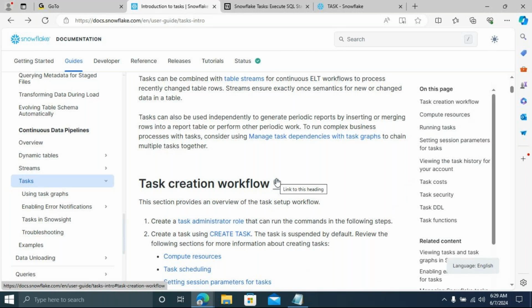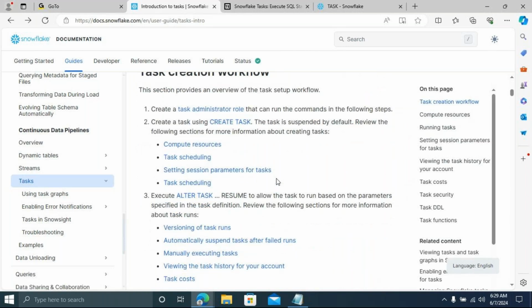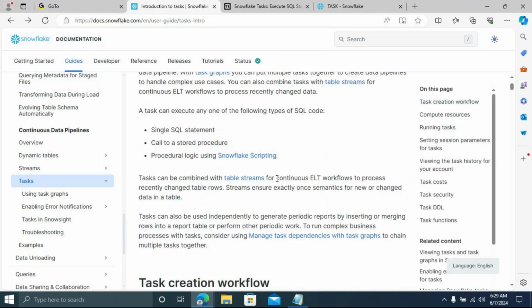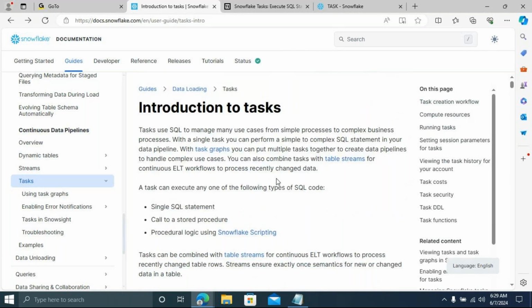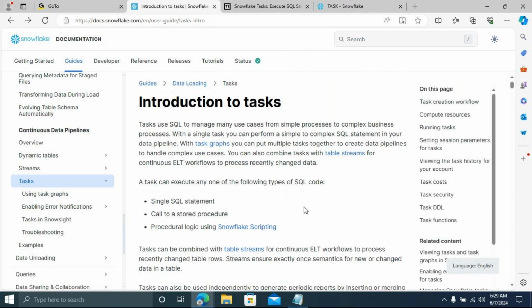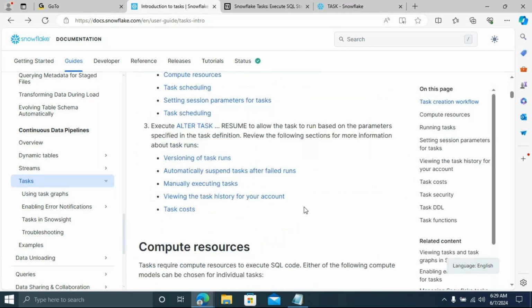Now I'm going to give a little overview. Today is a basic overview. Tomorrow I'm going to explain much more about task graphs, what a cron tab pattern is, and everything else we have. Okay, now